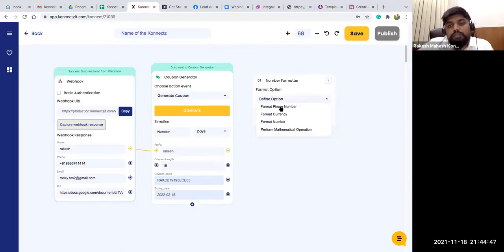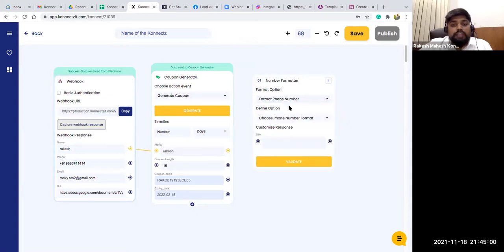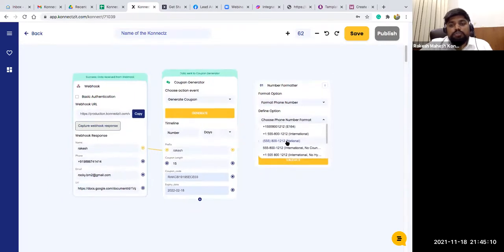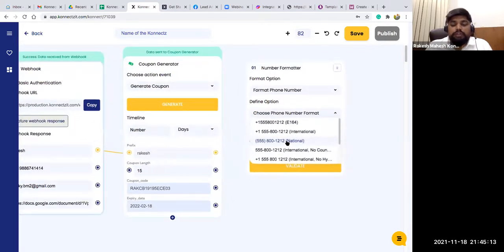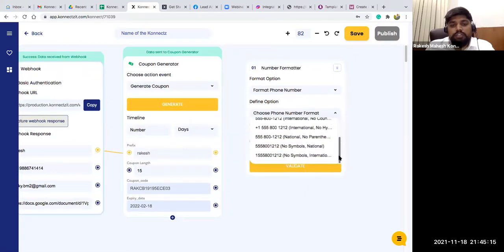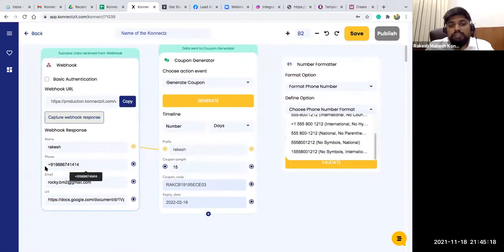You can basically format phone numbers, format currency, format numbers, or perform mathematical operations using these formatters. I'm going to choose the format phone number option now and show you how to format the record. I received it in this particular format. You know that WhatsApp supports a different format, with no symbol, but I have a plus symbol here, as you can see in this number. Now I don't need the symbol, so I'll select this particular